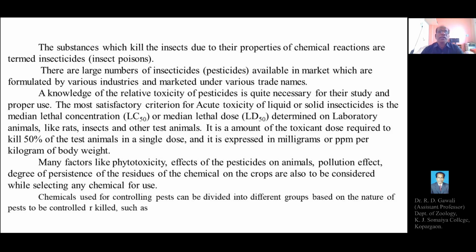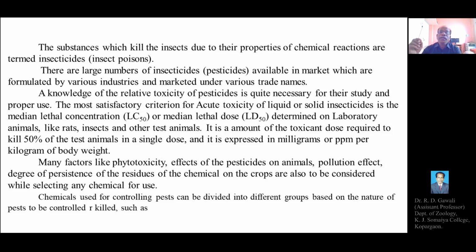LC50, lethal concentration, median lethal concentration, is thus a concentration or a dose of the pesticide or insecticide required to kill 50% of the pests, or to achieve 50% mortality of the pest. That is the LC50, lethal concentration for 50% mortality, or the median lethal dose,